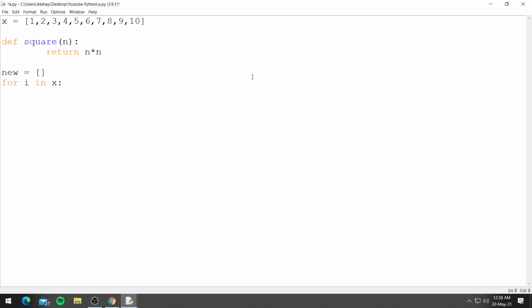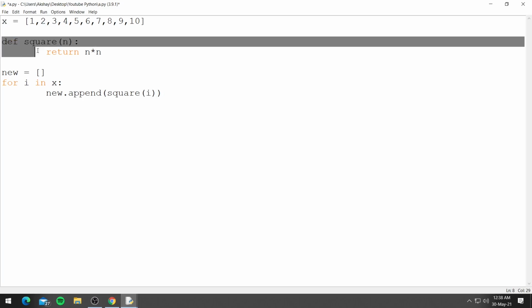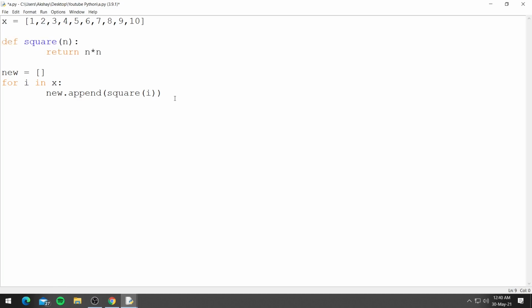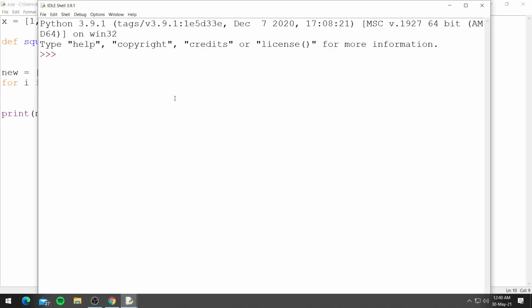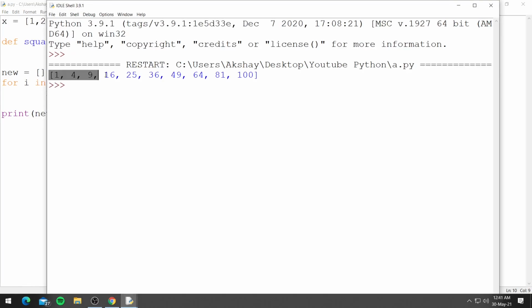and inside the for loop we can just append to the list and call the function. The function can be anything, but just to keep things simple, we are using a simple square function. Now let's go ahead and print the list and run the code. And as you can see, we get a list of squared numbers.